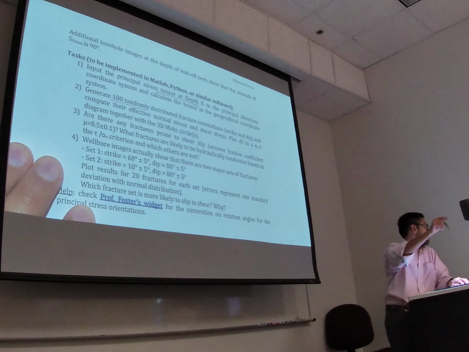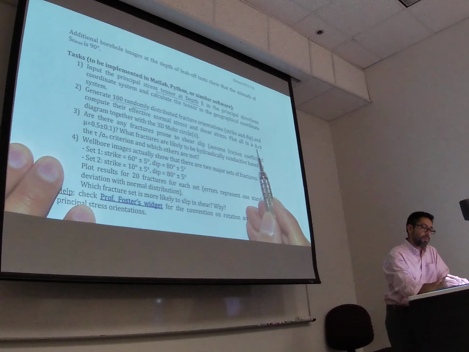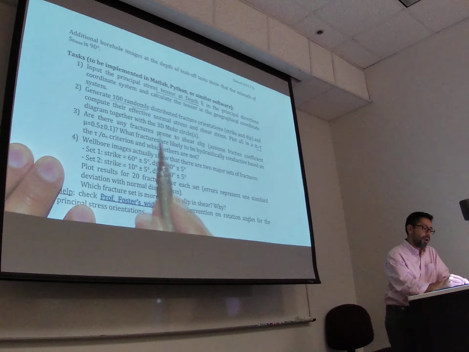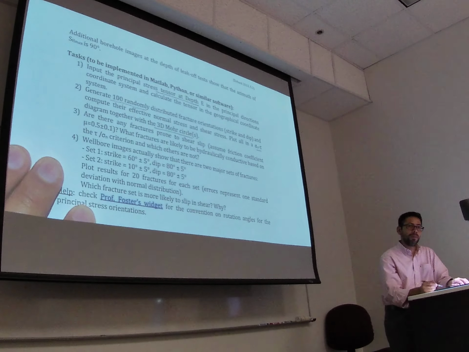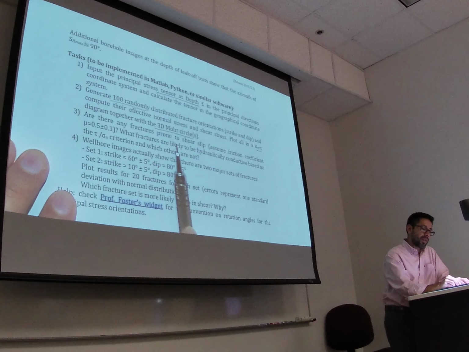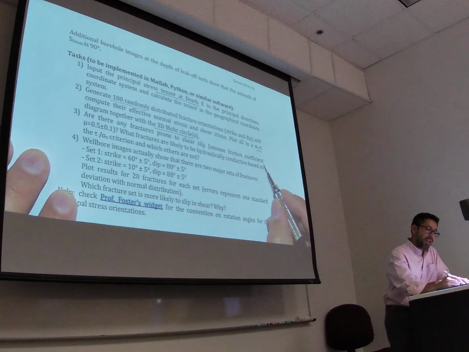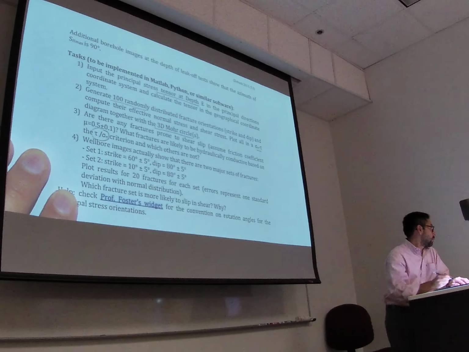For each of those, you have to compute sigma n and tau and plot it in a 3D Mohr circle. And after that, I would like to know if